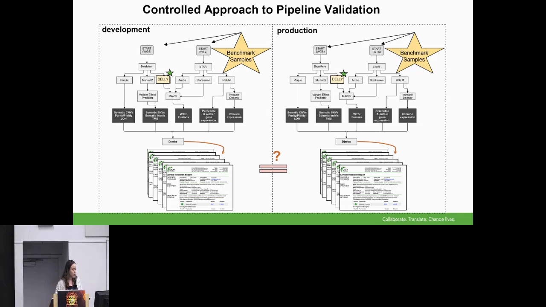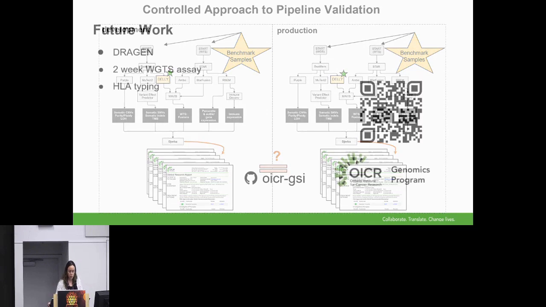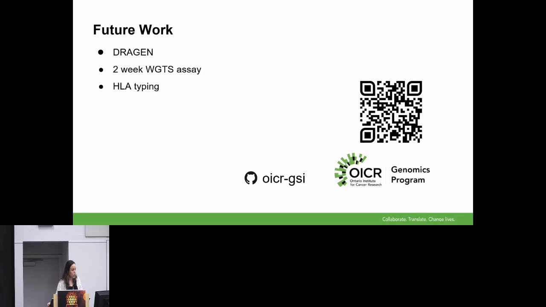So really, that's the whole story that I wanted to talk about here today. And just very briefly, I wanted to mention some of our future work. We are looking at Dragon as a way to speed up our pipeline. We're also working toward a 2-week turnaround time for WGTS. Currently, we have a 45-day turnaround time from sample receipt to the clinical report, so we're looking to reduce that drastically to 2 weeks. That is very early, but we're looking at it, as well as introducing HLA typing into the clinical